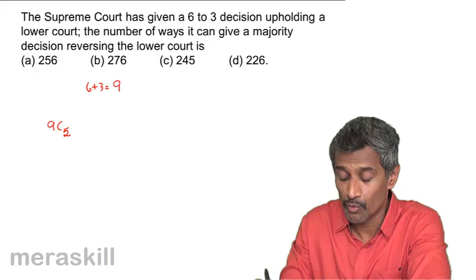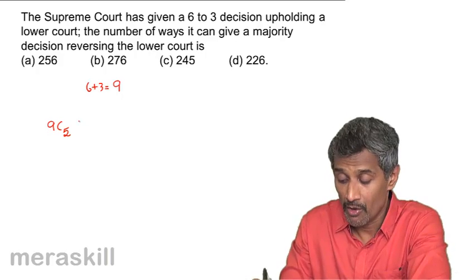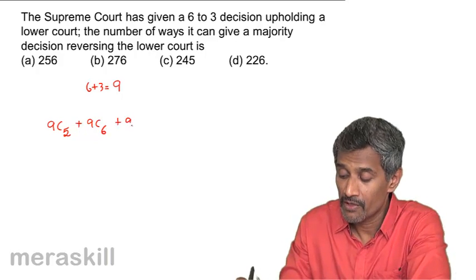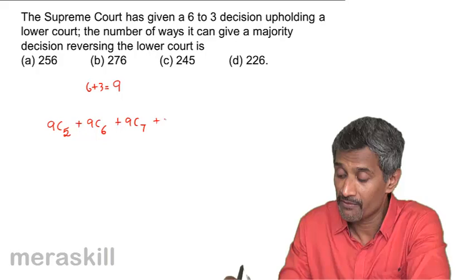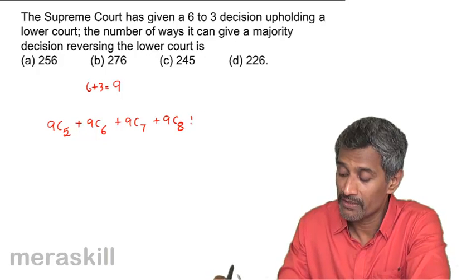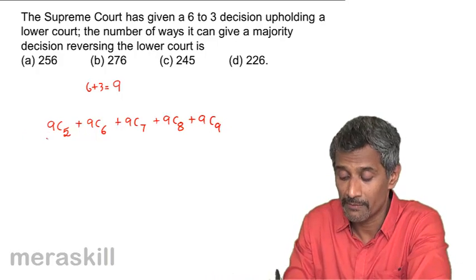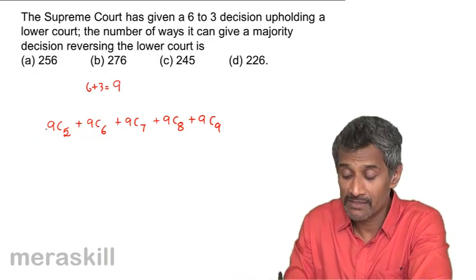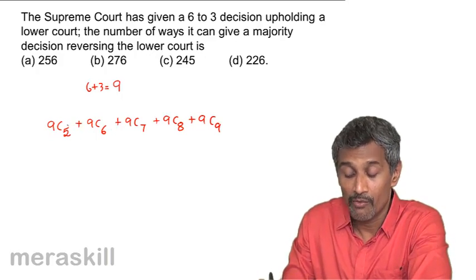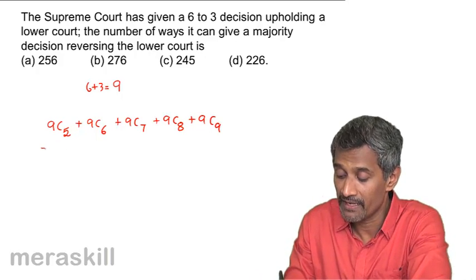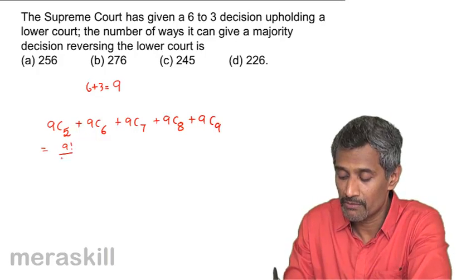That means 5 of the votes have to be in favor, or 6 of the votes have to be in favor, or 7 of the votes have to be in favor, or 8 of the votes have to be in favor, or all 9 have to be in favor. Anything less than this would give a minority, and hence in that case we don't consider. So we consider only the majority when the number of votes in favor is going to be more than half of 9. So this gives you 9C5,